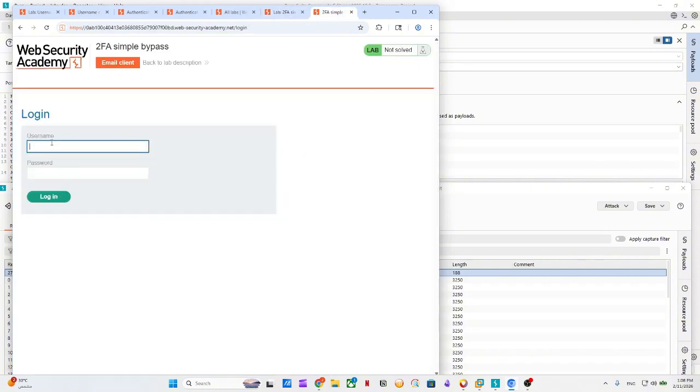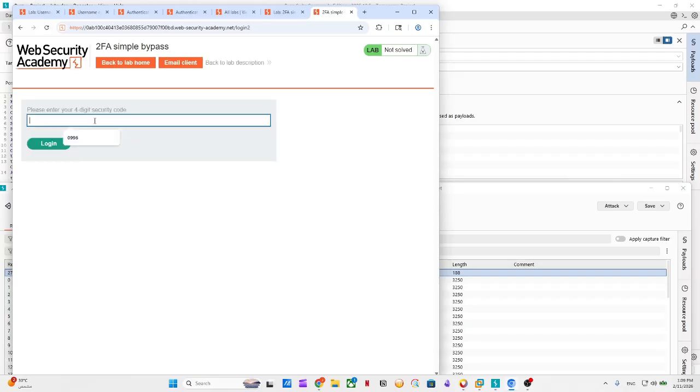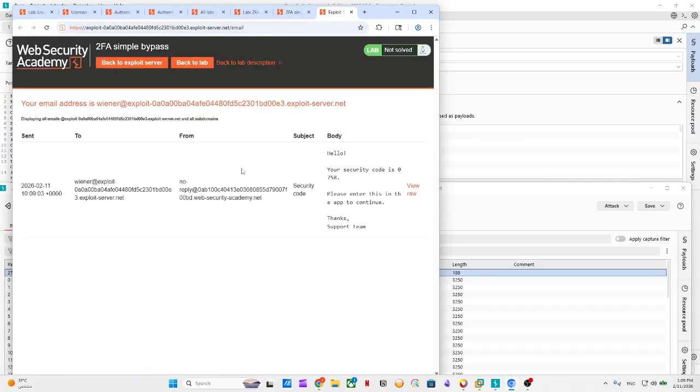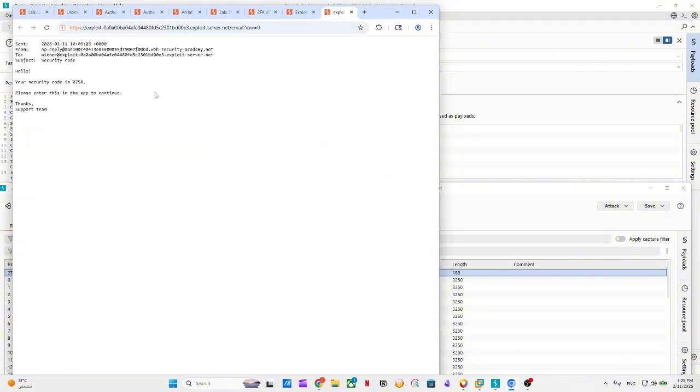Wiener and Peter, this is our account. Let's try to log in here using Wiener and Peter. See how it works. Login. So we have a 4-digit security code. Since this is my account, you can just open the email client here. I'm supposed to receive the 4-digit security code here. So view the code. This must be the code. So I just copy this one and